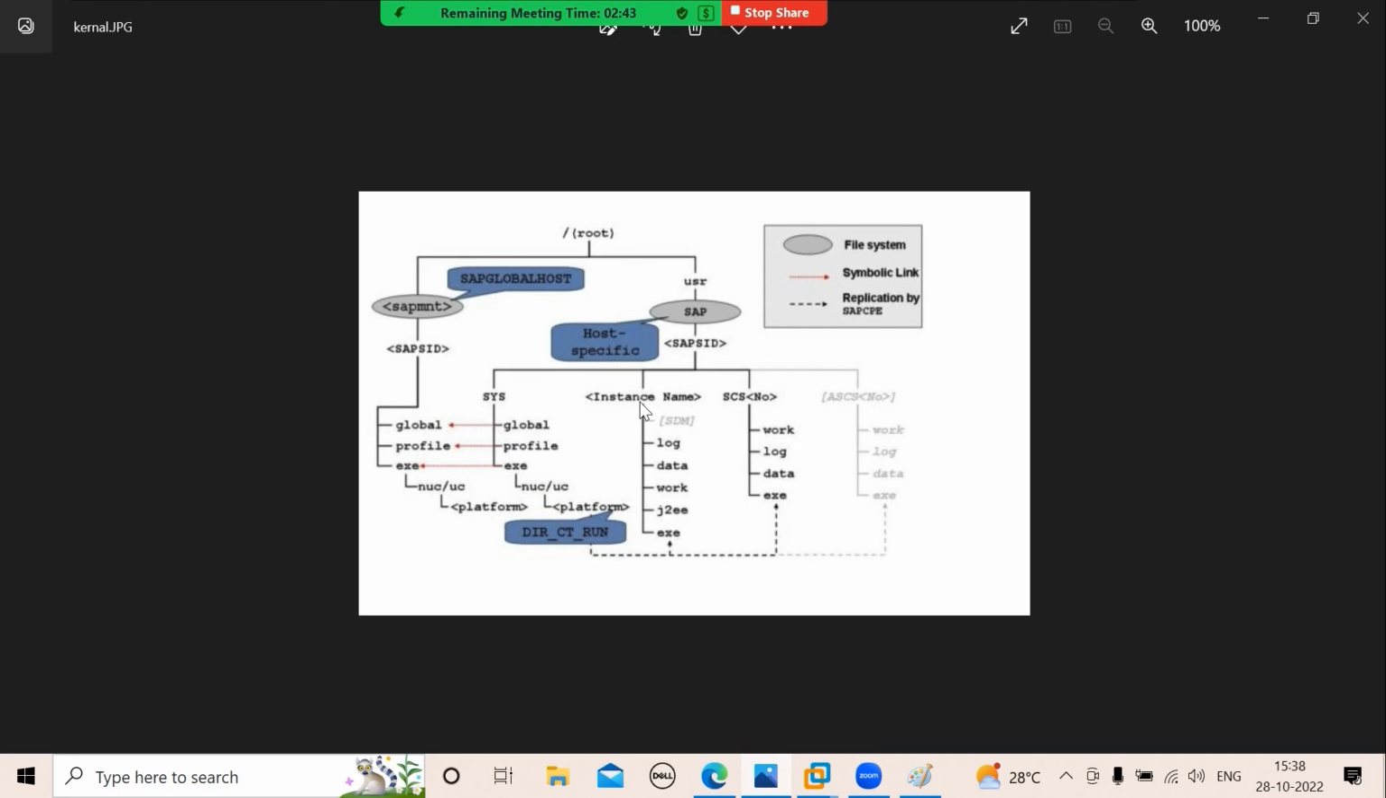And every instance, see, one instance is there, second instance, third instance. Every instance has its own exe directory. So these exe directories under your instance names are local kernel directories, and these two are global kernel directories. If you copy your kernel here in the SAP MNT SID exe directory or the USR SAP SID sys exe